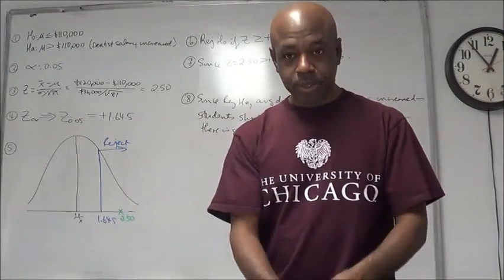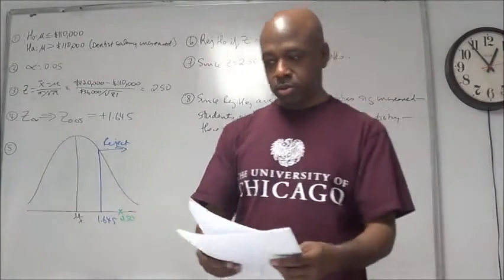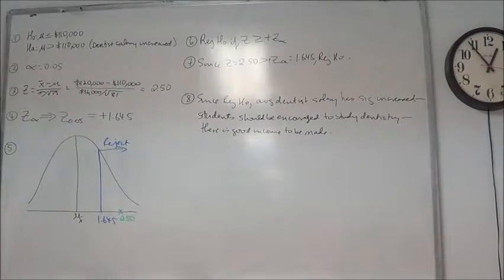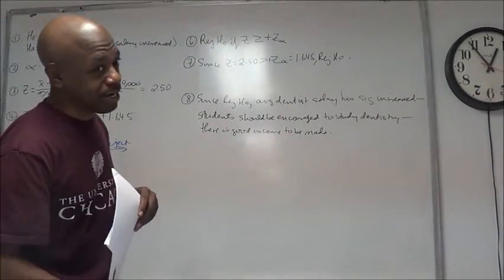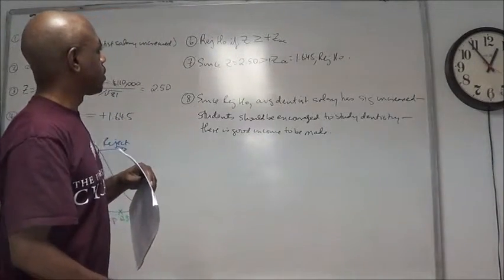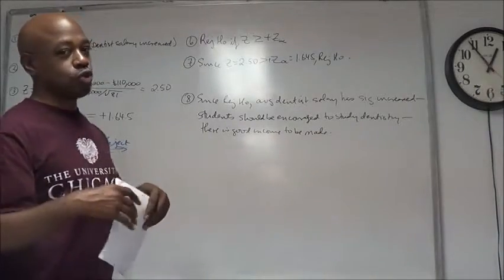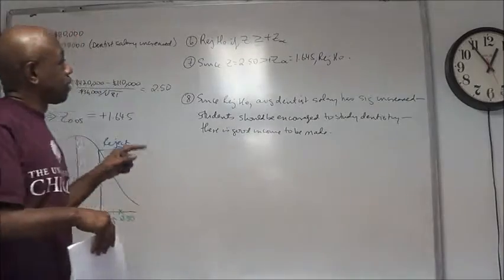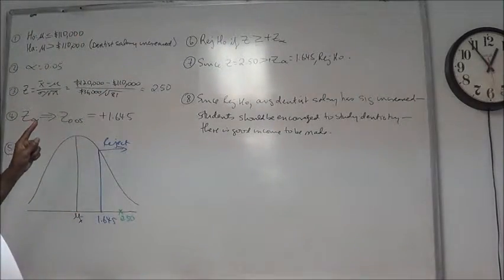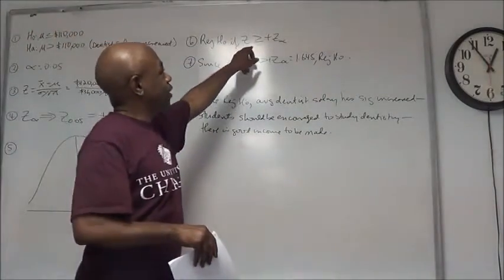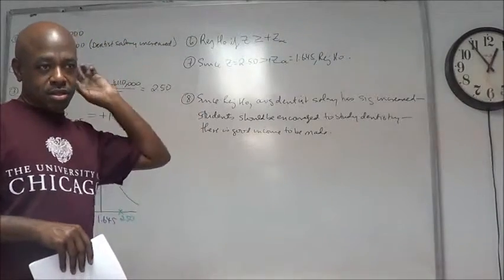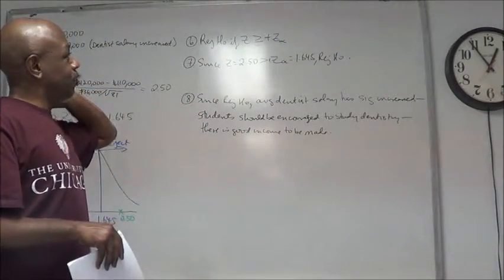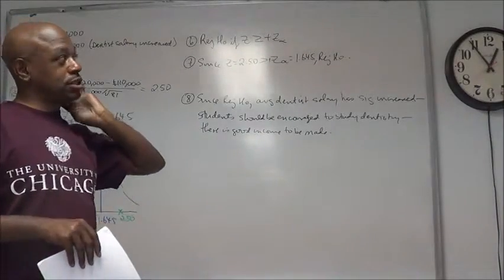Can you tell me why you put the negative sign underneath just top? That's the rule. Is it equal to? Yeah, equal to sign. Oh no, it's not a negative sign. It's greater than or equal to. That says reject H0 if Z is greater than or equal to Z critical.